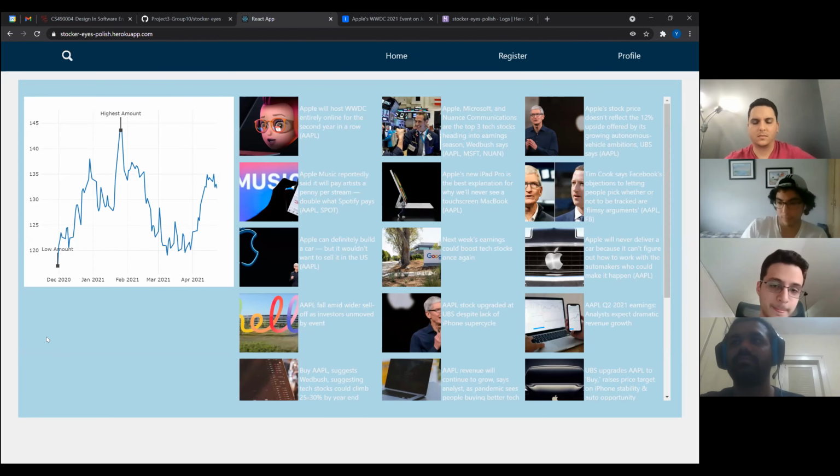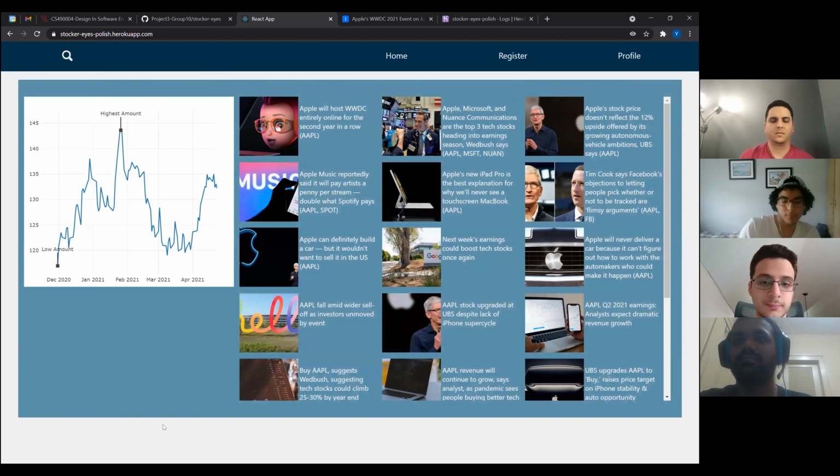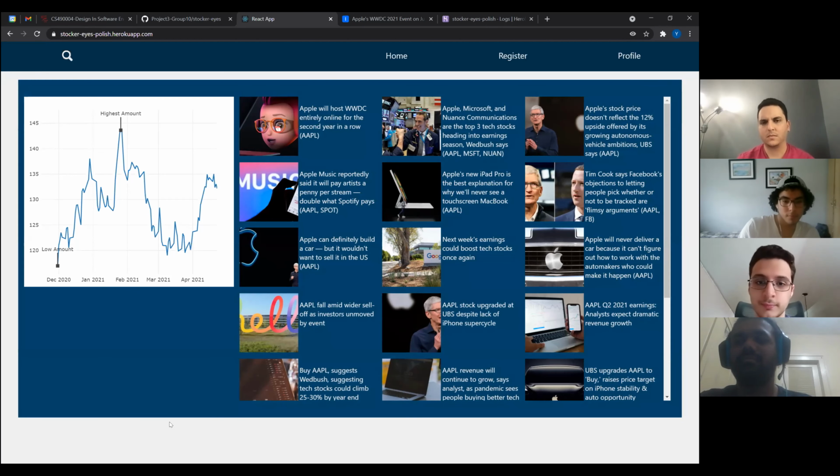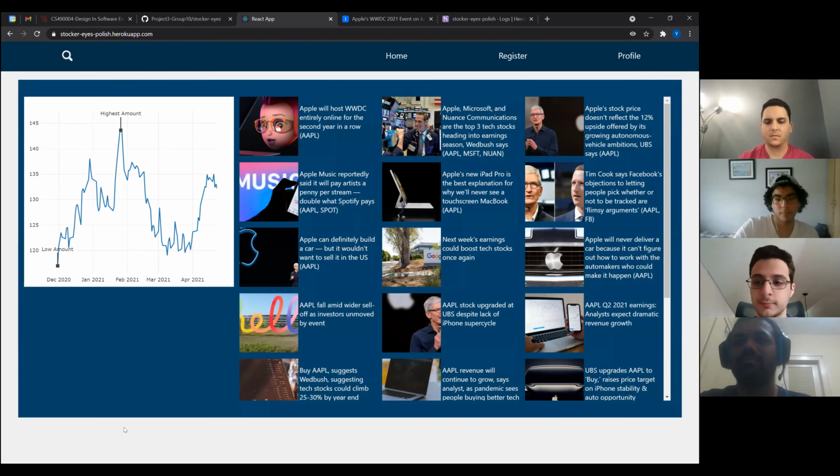So any questions from the class? Otherwise, I'll start off. I like the layout of the news next to the stock at the same time, and the charts look good. How were you able to implement these sorts of charts? What do you have to use?